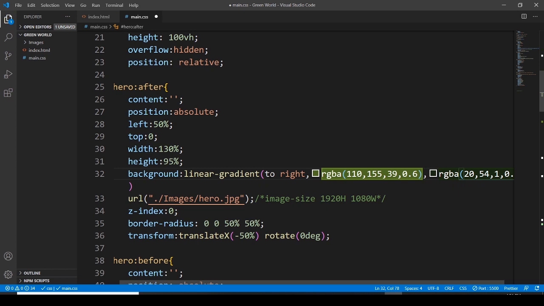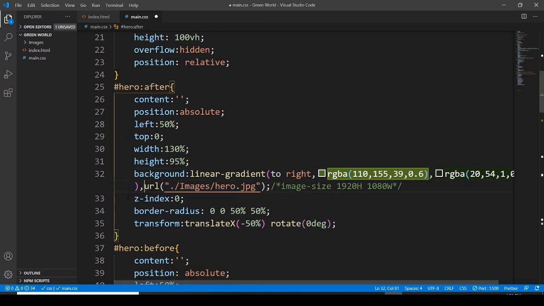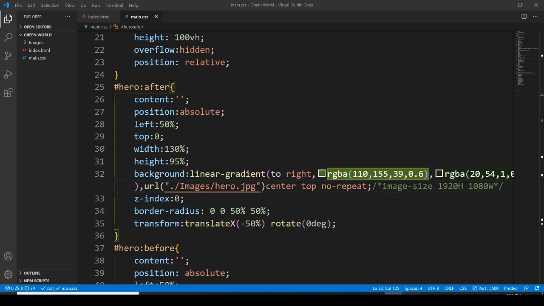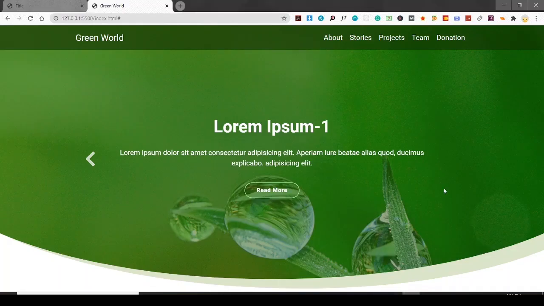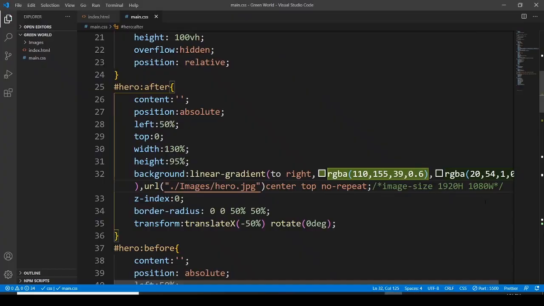Okay, and then we need a comma, and we'll bring it here. Okay, and let's save it. Yes, we need a center, top, and no repeat. Okay, so here is the image. Oops. Oh gosh, I was just,